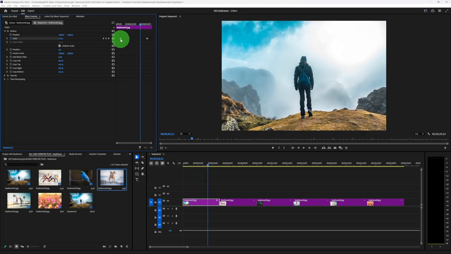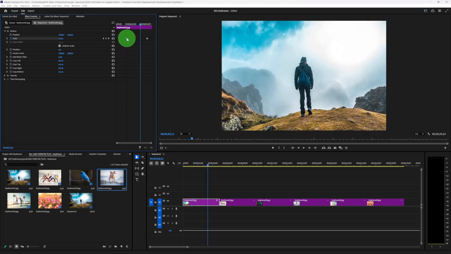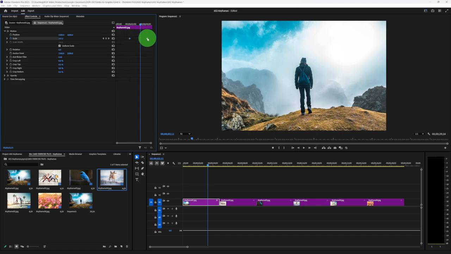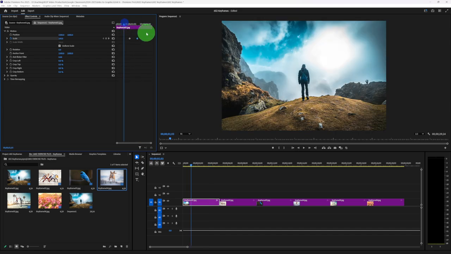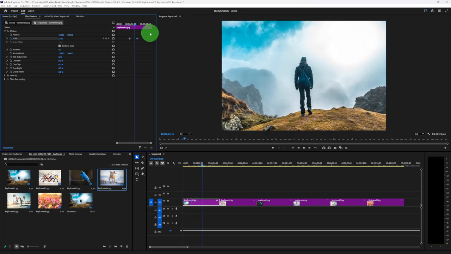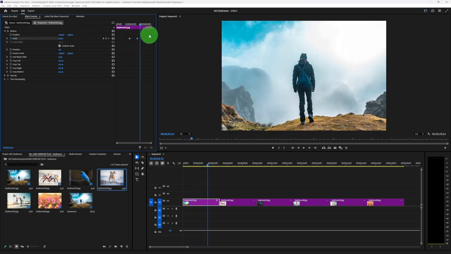But if I move them closer together, if I take this keyframe and move it closer, and I take this one and move it closer, now they're really close together, so now the zoom is going to happen much faster. Like that, since there's a shorter time frame. What will happen as well,